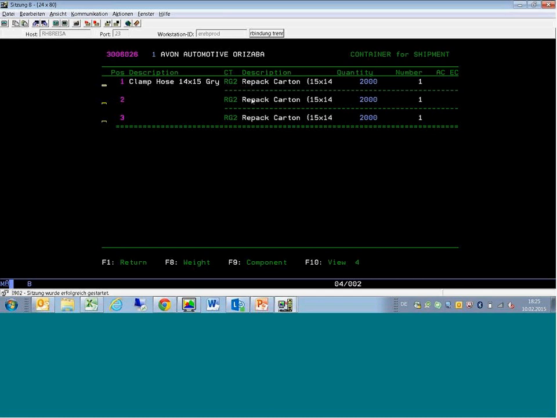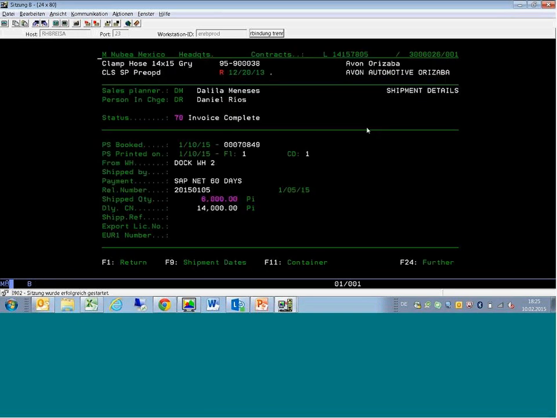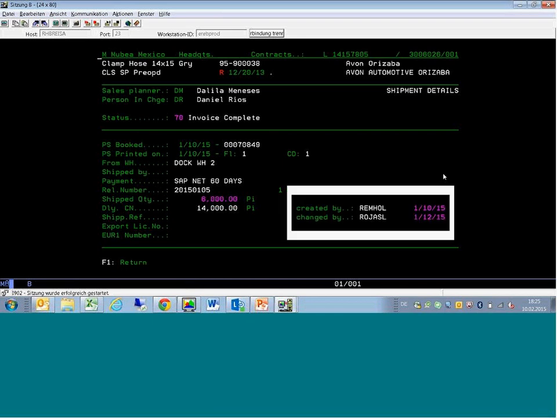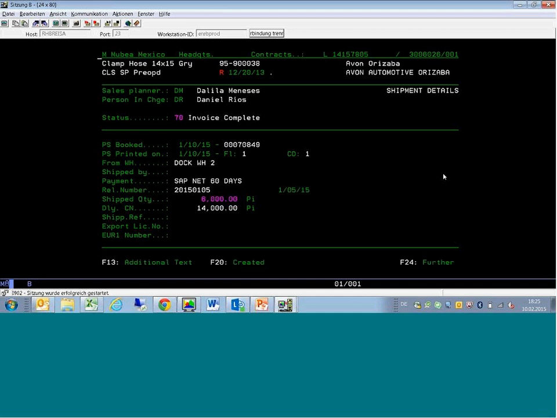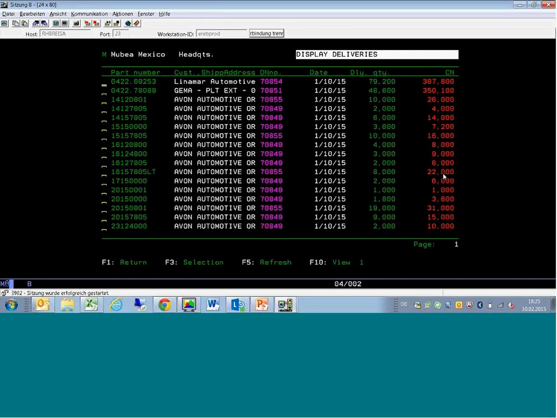In this case, we see that we had 3 of these, which are for each. I go back one. You cannot see any additional text if added. In this thing level, and Shift F8, you can see who created this delivery and who last changed this. Okay, now I go back with F1,